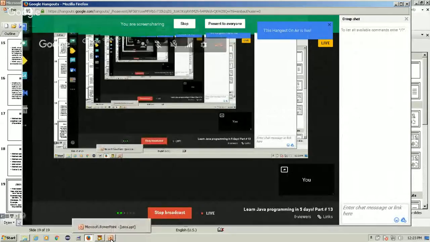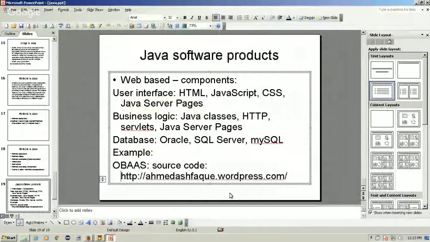Hello friends, we have been learning Java programming in this course so far, and today is the last session in this course. So with the end of this course, you have learned the concepts about Java and the programming concepts from the very beginning, like what are variables, what are operators, what are methods, what are classes,